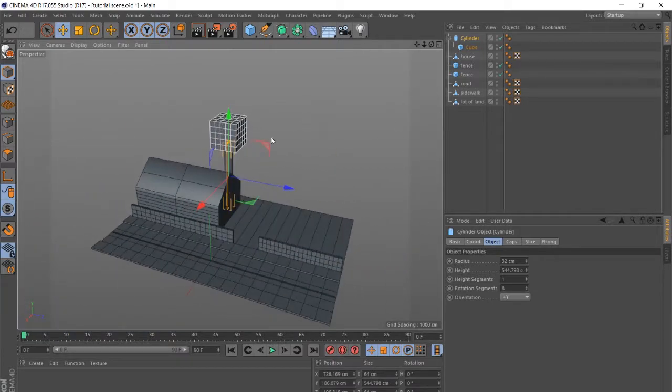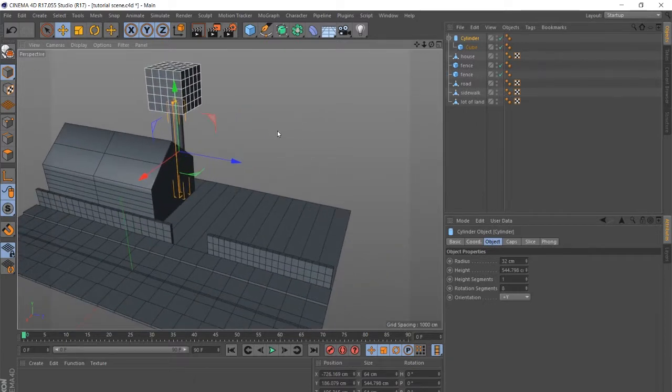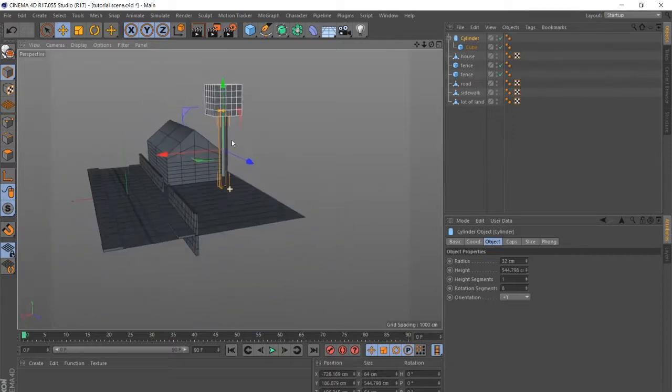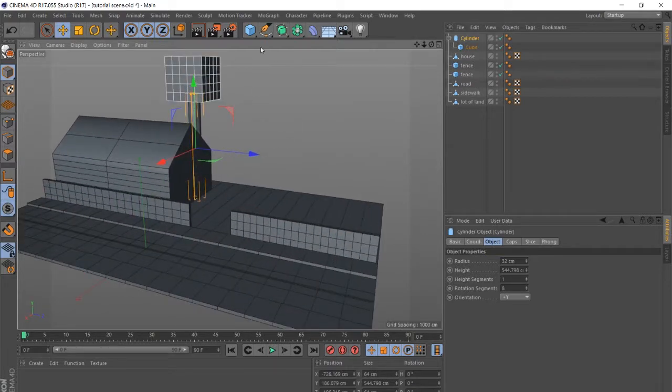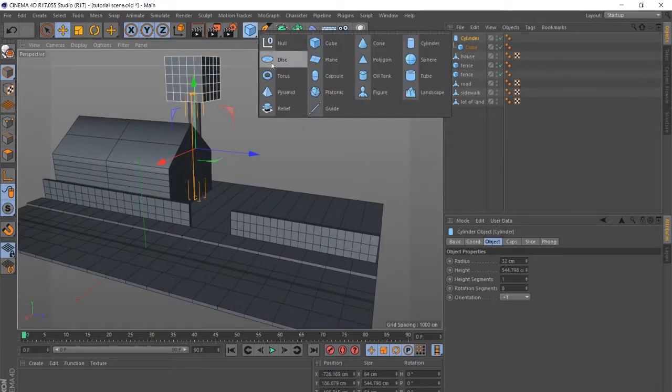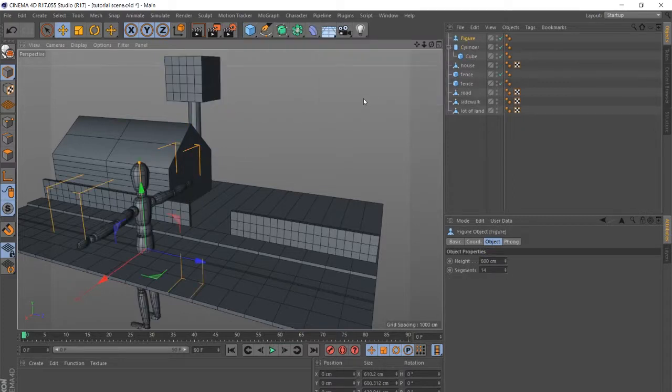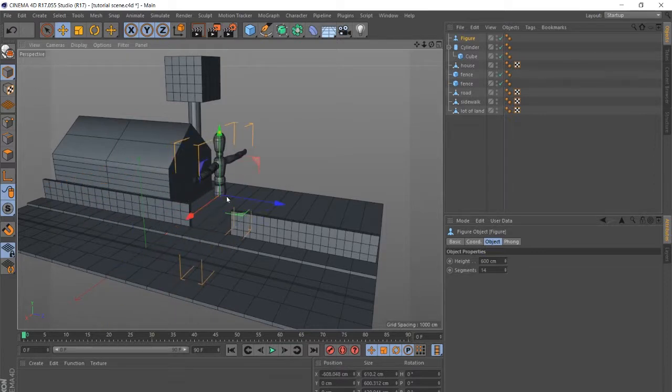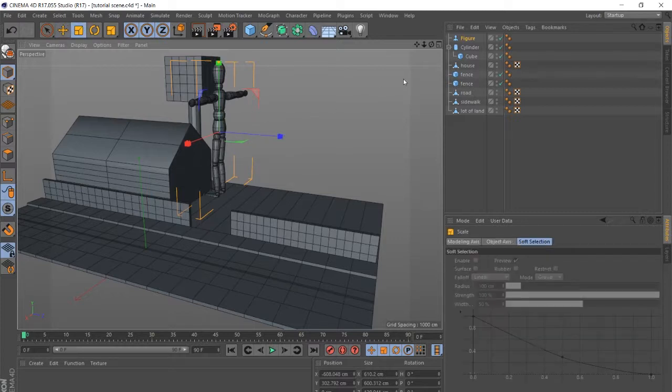So earlier on I mentioned that we would create some type of character to put in our scene, right? And I think it's good that Cinema 4D has an object called a figure object where we can use this object as a character. So we just select it and it comes in our scene. I will drag it over to where I want, and I will scale it down using my scale tool, dragging in the viewport